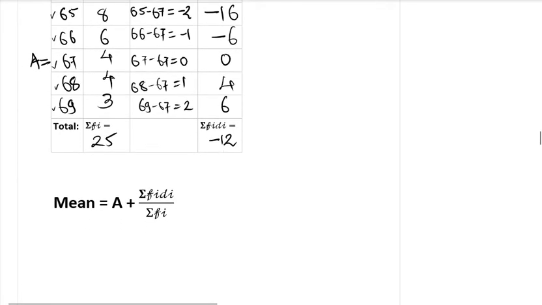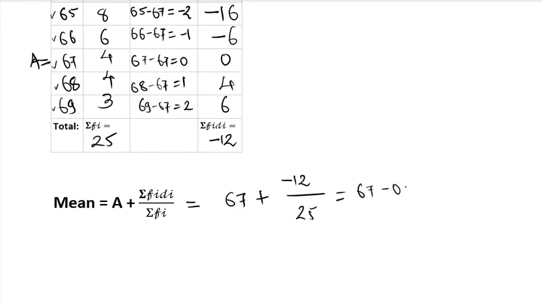So the formula for mean for the shortcut or assumed mean method is A plus sigma fi di upon sigma fi. What is A? A was 67. Sigma fi di is minus 12, upon sigma fi, which is 25. Just calculate this. 12 divided by 25 is 0.48, so this is going to be minus 0.48. So 67 minus 0.48